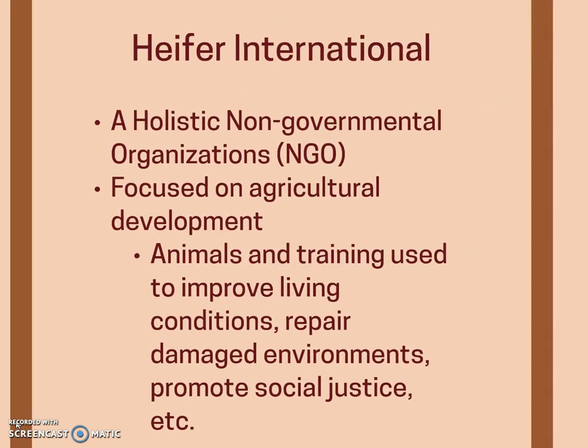Now, for this first NGO that we're going to look at, it's called Heifer International, and many of you are probably familiar with it. It is probably best known because Heifer International uses these alternative gift catalogs, particularly at the holidays, where people can buy a goat to help someone in the underdeveloped world, and then you can give that goat to an aunt as a gift for Christmas or something like that, non-material gifts. You're really just giving a donation. And we can talk about this in class if you want to, especially the fact that you don't really give a goat, you're sort of giving at the goat level.